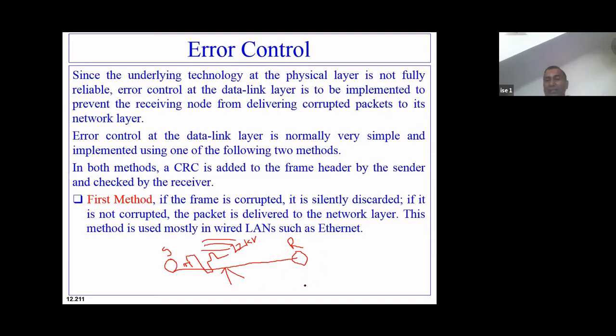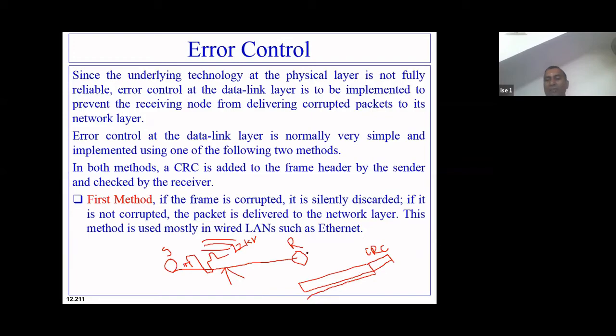In the frame, I told you the trailer part has something called a cyclic redundancy check, that is the error control mechanism. So here I'll have CRC embedded, and we have seen already how to calculate CRC. Now suppose the data has changed while traveling from the sending source to the receiving source. Some of the zeros become one, some of the ones become zero, and the whole data gets changed.